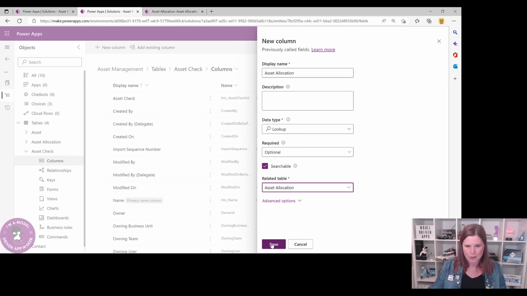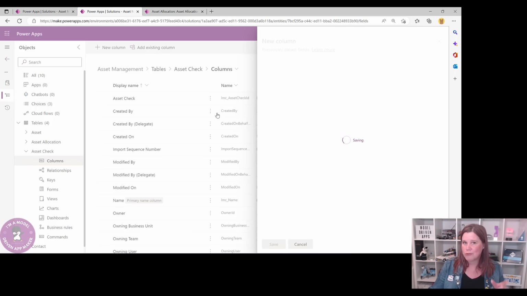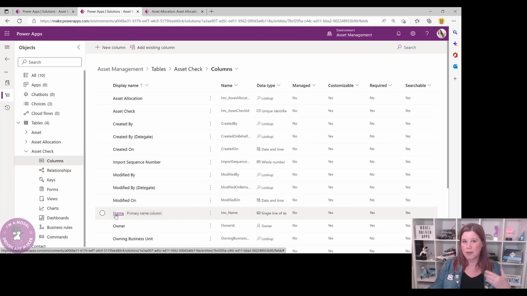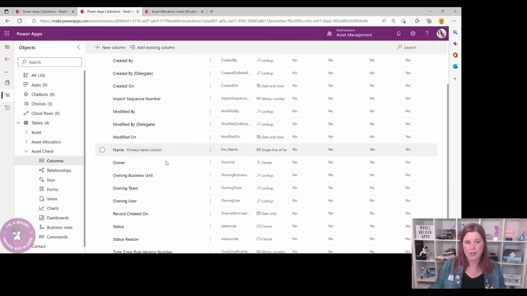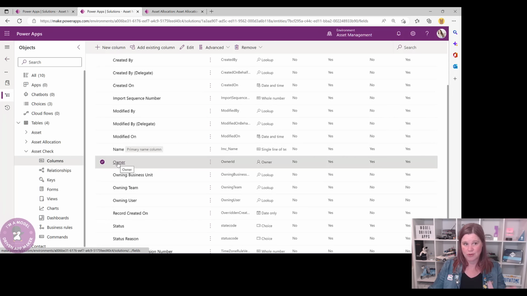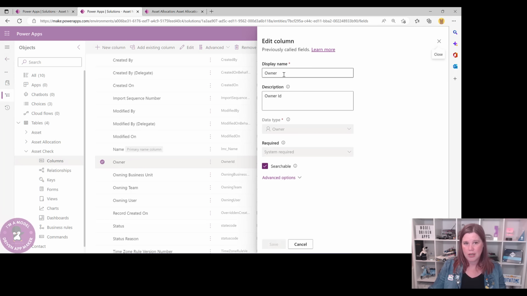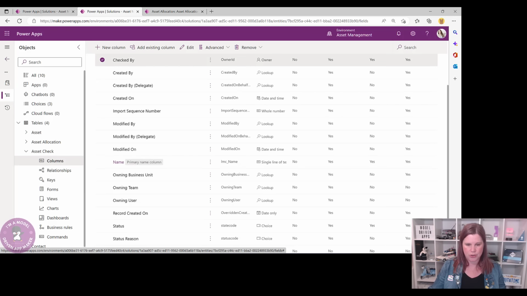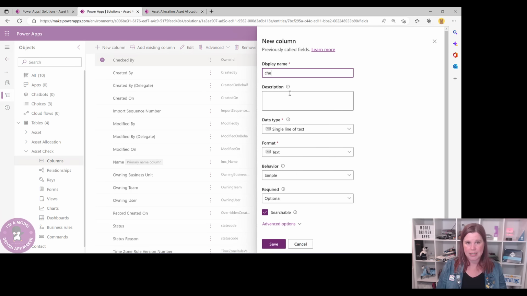Rename the owner. So now what we're going to do is use a column that's already in there for something else. So we've got this owner column in here every time. In this case, I'm going to assume the person creating the record and owning the record of the check is actually the person who's responsible for doing it, the owner. But what we want to do is change the name of this to be checked by. So you can actually rename things that are already there. Use those out of the box pieces as much as you can, rather than creating additional things that you don't need. We're also going to put in a checked date,